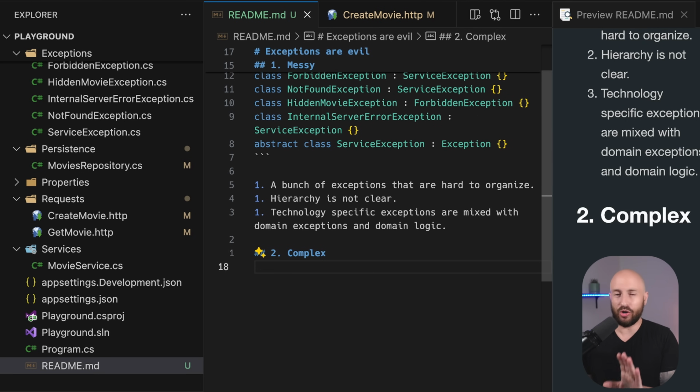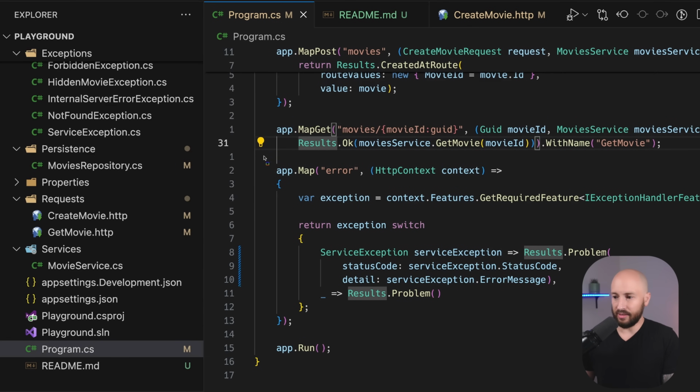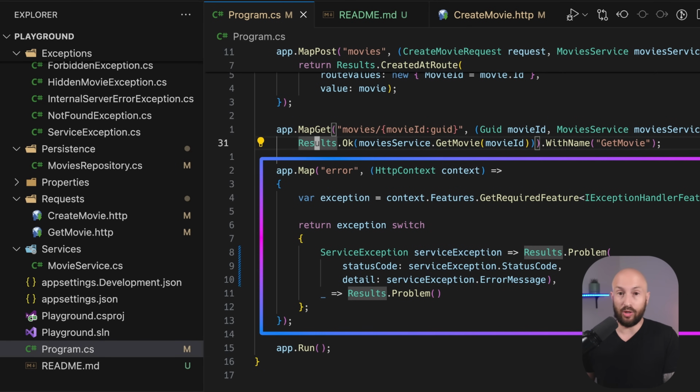Now, the main argument for why yes to use exceptions for flow control is that it reduces complexity. The reason this is the argument is because of global error handling. If we take a look at the Program.cs, we can see that over here we have what's called global error handling. Global error handling is one place in your application where, when exceptions aren't caught somewhere else in the application, this is like a big try-catch that wraps all the code in your application more or less and catches it over there. That's why it's called global exception handling.